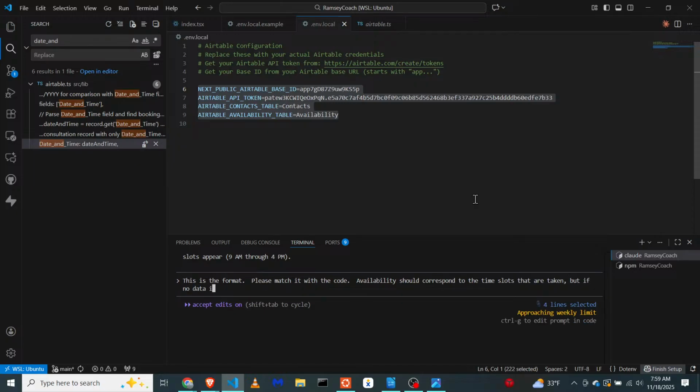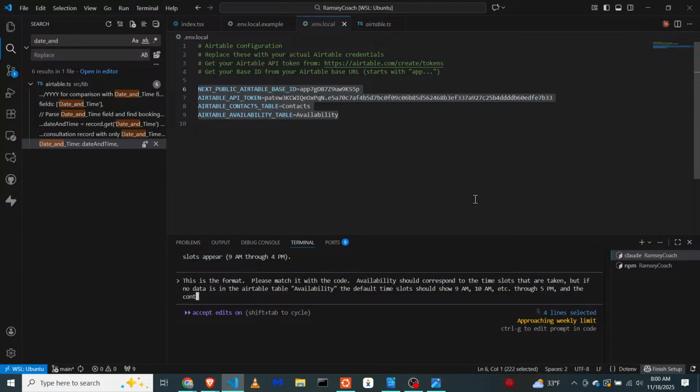But if no data is in the Airtable table, availability, the default time slots should show 9 a.m., 10 a.m., etc. through 5 p.m. The contacts should be working, but change